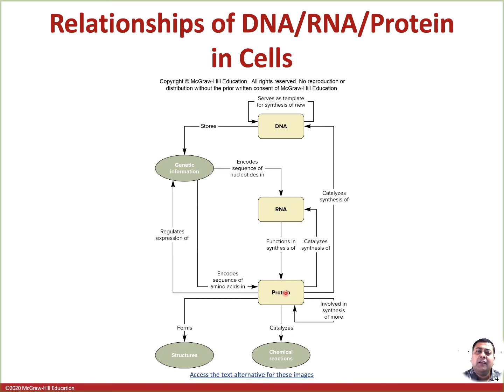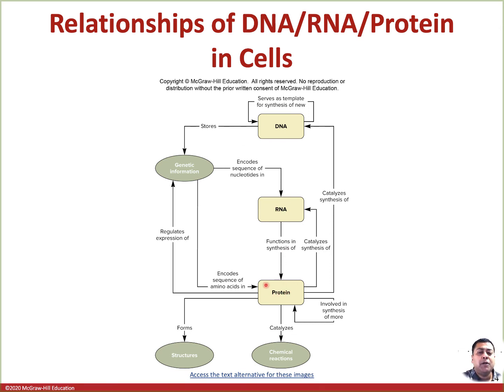But let's take a look at how there are some feedback loops in there and how this actually works. The genetic information encodes the sequences of amino acids in the protein, but it cannot directly go into making the protein. It has to go through the RNA. Now, once the RNA makes the protein, this protein has many different functions, which feed back upstream. So let's take a look one at a time.